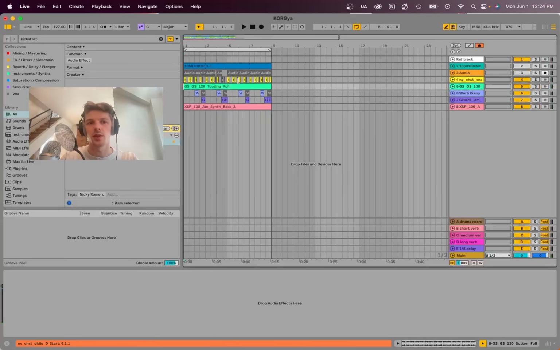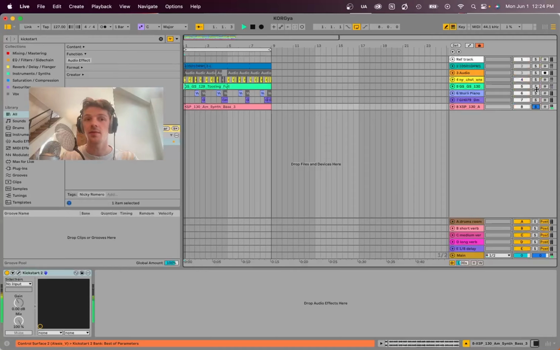Okay, so now we're on our project file. Let's just listen quickly to what we have here. So it's a cool idea, but there's clearly some issues going on when we're listening to this. So what I'm first going to listen to is our low end. We can start in the lower part of the frequency spectrum and work our way up. I'm hearing a little bit of mud in our low end here. So if we listen to our bass line,